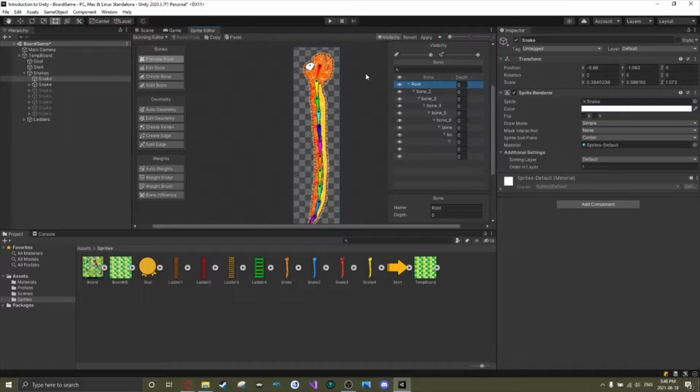So this head bone is our root bone. This is the bone that if we want to move the object, we just move this bone. Whereas if we move this bone, it's just going to do that. If we move this bone, it's going to do that. Only the root bone will move the object. So if we press reset pose, and then we press apply,